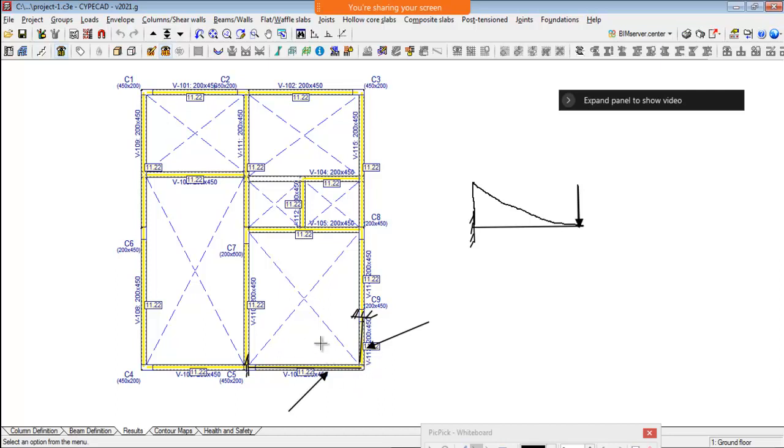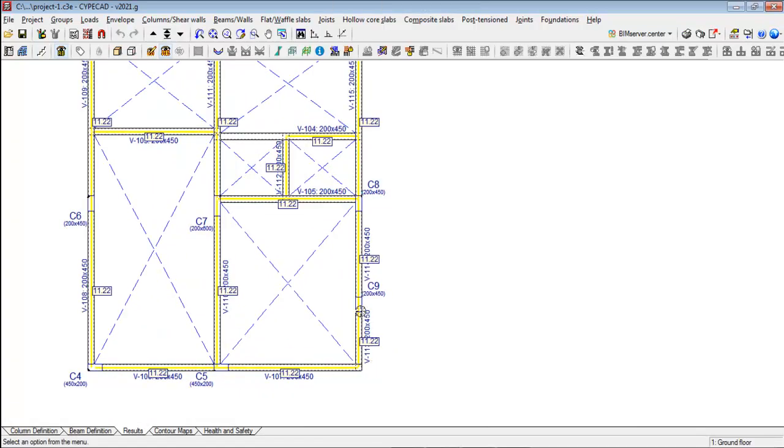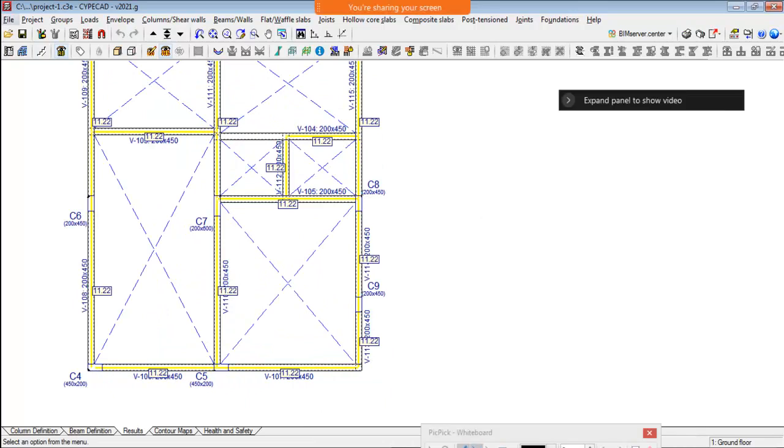So how do we make sure which is carrying what? Whenever we have a shorter length of a beam, for example, in these two cases, this length is less, this length is more. So in this case, this beam becomes a stronger beam. That means it becomes a support for this beam.